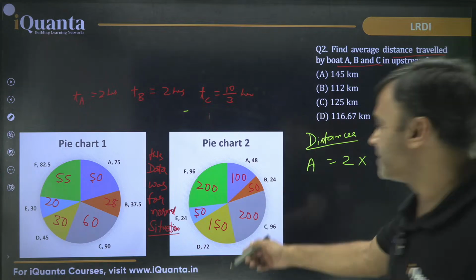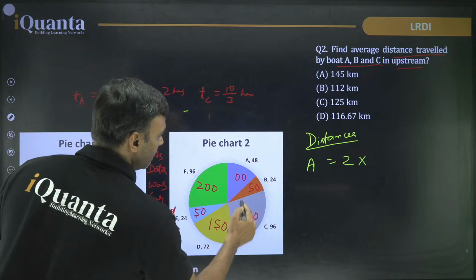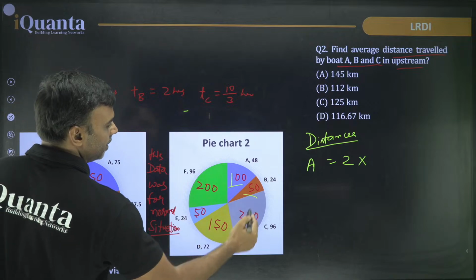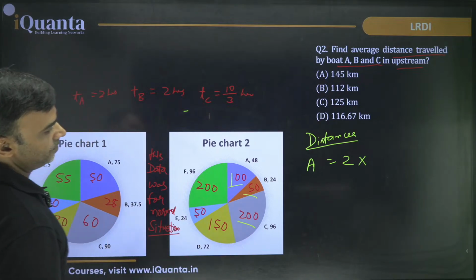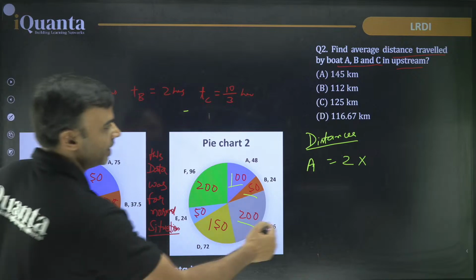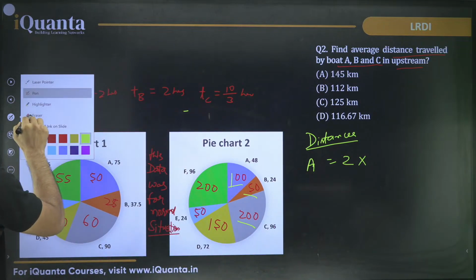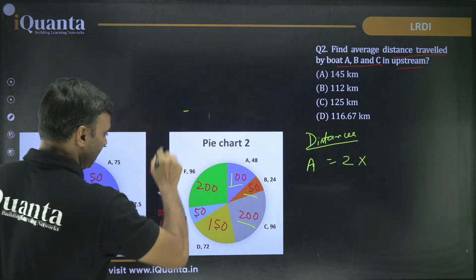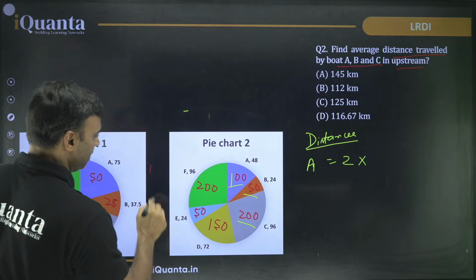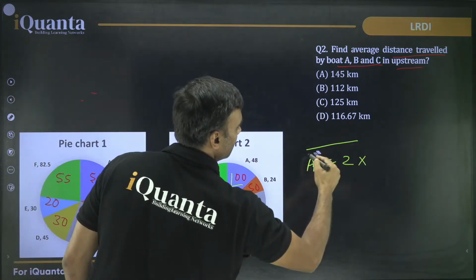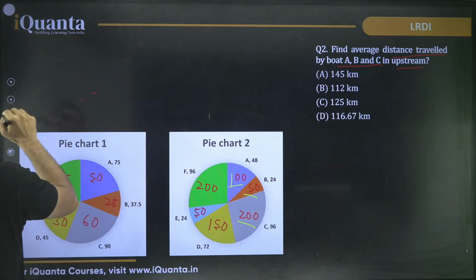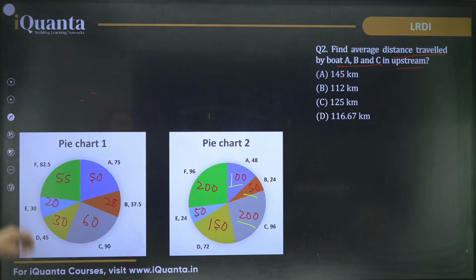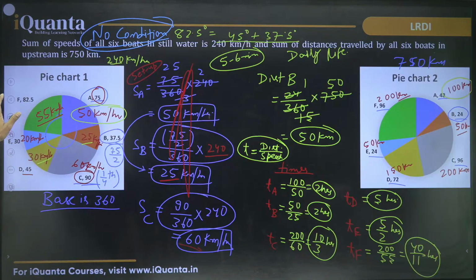Acha, only the distances given. Okay. ठीक है. Distances given here. So 150 and 200. Right? So 150, 350. Yes. So 100. Sorry. I think I did a little extra thinking. है ना? It is just that thing that we have. Yeah. I get that. So we have 100, but ये कैसे? Average distance traveled by boat in upstream, how is that possible?